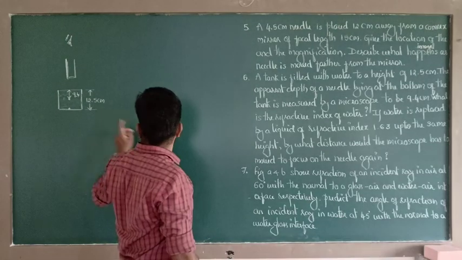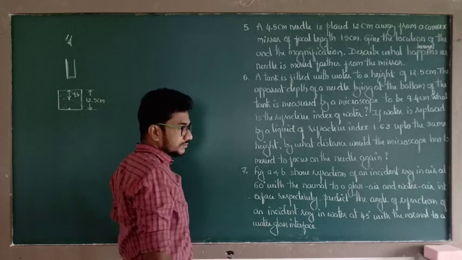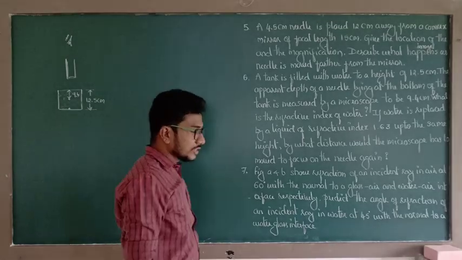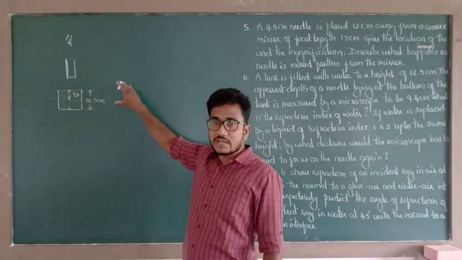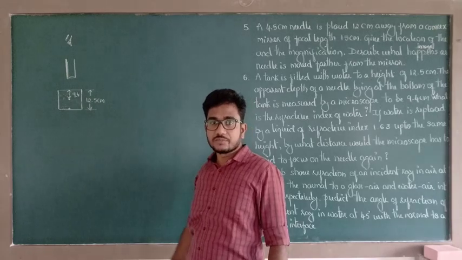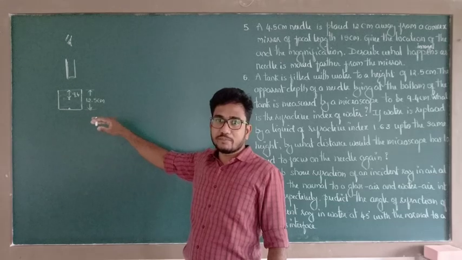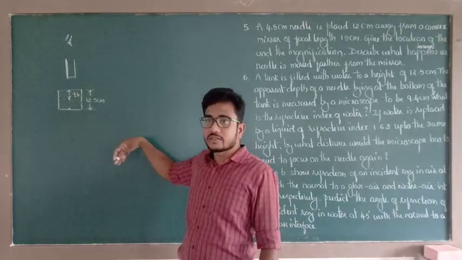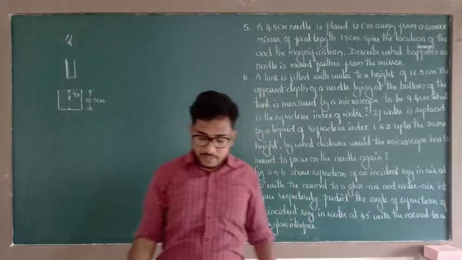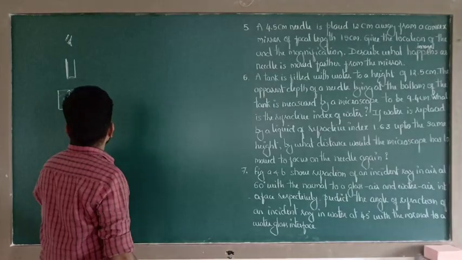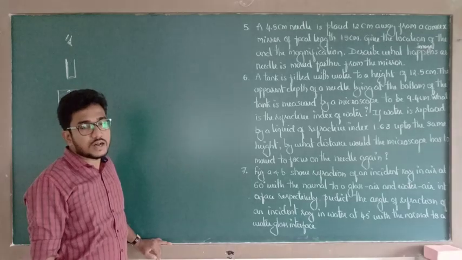Now in this case, this 12.5 centimeter is nothing but the real depth, and 9.4 centimeter is the apparent depth. Here the real depth is like the object distance. The 9.4 apparent depth is an apparent shift, not permanent, temporary. The shifted position of the object is nothing but the image distance. Therefore, in case of normal shift, we know that the refractive index is equal to real depth divided by apparent depth.